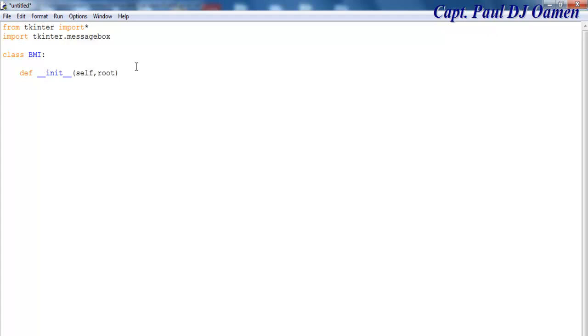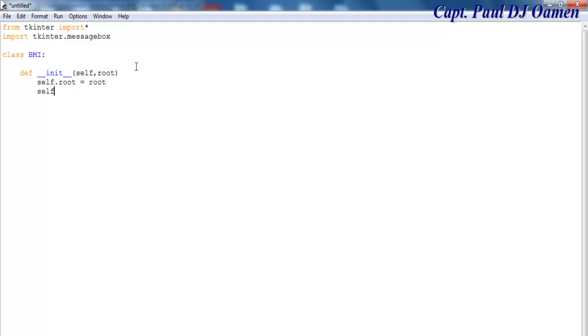So the root, that is more or less the name of my app. So I'm going to press enter. Make sure you indent your system and then enter self dot root equals root,